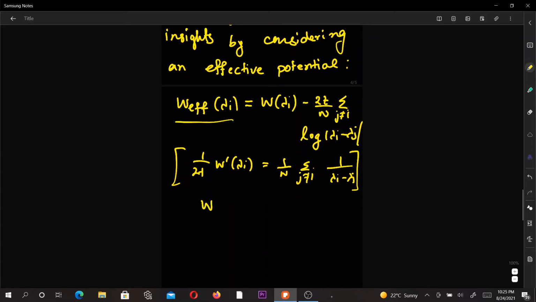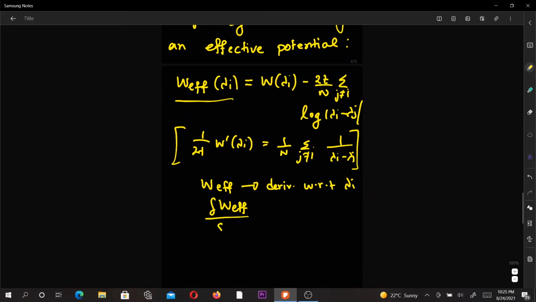If you take the derivative of this effective potential with respect to lambda I, you recover this. That is it. For recovering this, let me write it up. So by that we have constructed a new function, the effective potential, which looks something like this,